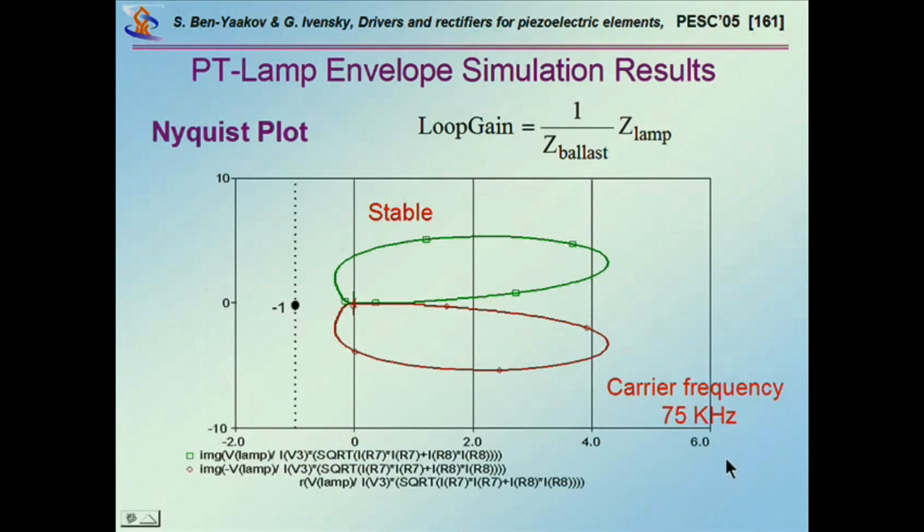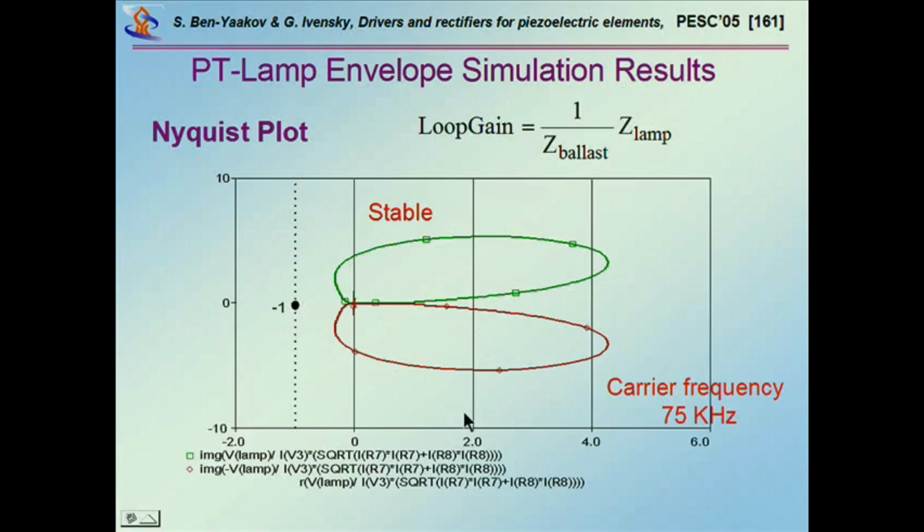You see that for a particular case, for a carrier frequency of 75 kilohertz, the loop gain, which is the product of this impedance, which is obtained by this envelope simulation, and the ballast, which is the piezoelectric transformer, also obtained by simulation, gives you this. This is for positive and negative frequencies, okay? This Nyquist plot. And as we know, since this plot is not encircling the -1, then this is a stable